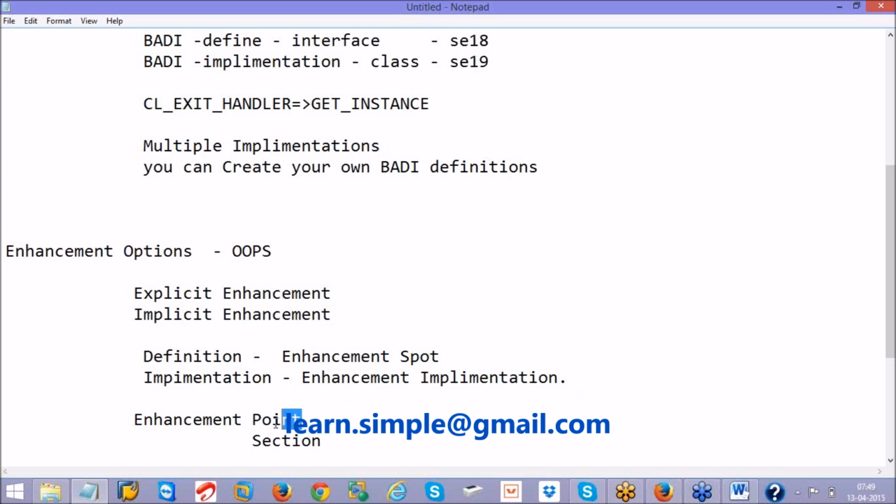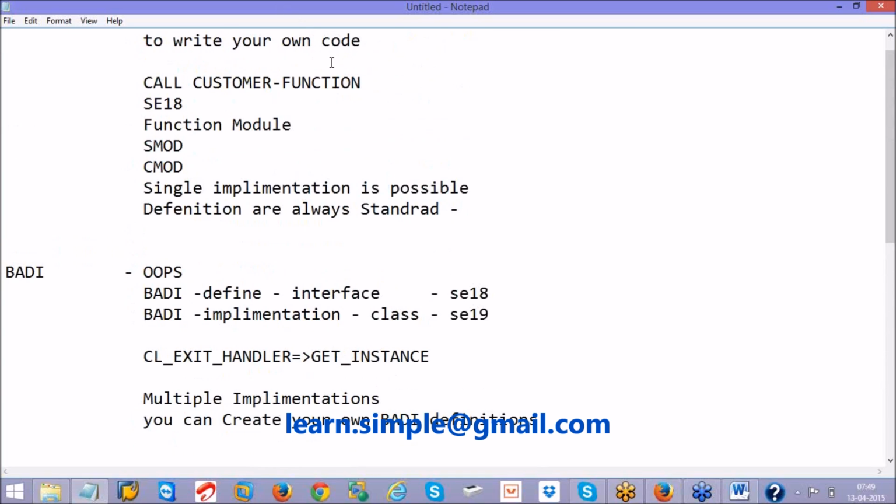So an enhancement point is a place where you will write your code. Something like CL_EXIT_HANDLER get instance is a place where you can see that the BAdI is available. Similarly, in user exits, CALL CUSTOMER-FUNCTION is a keyword. It's a location where you have an identification that you can write your code.